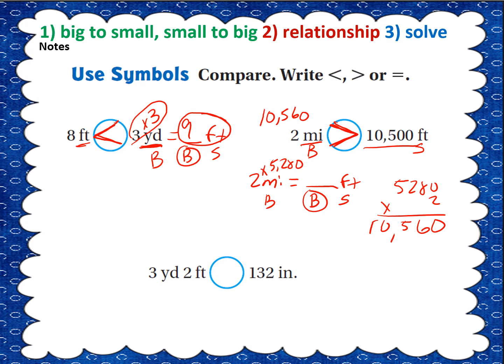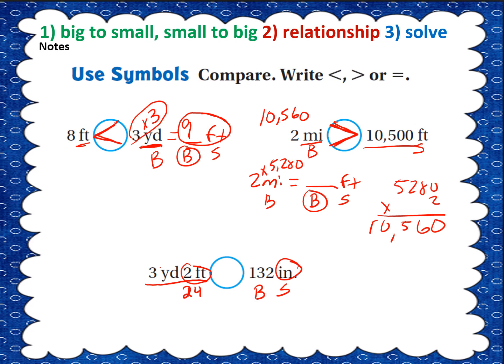Here, inches are small. This is big. So I want to take 3 yards and 2 feet and turn them into inches. I know there's 12 inches in a foot. So if I have 2 feet, I have 24 inches. I know there are 12 inches in a yard. So if I have 3 yards, there are 36 inches